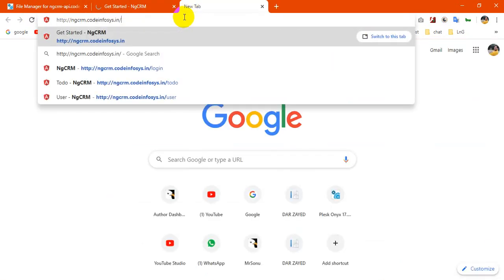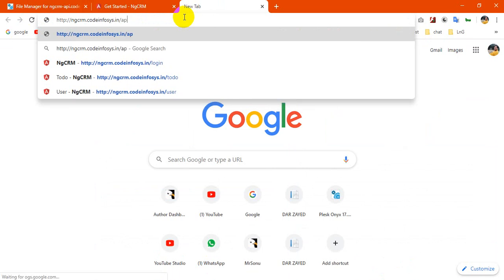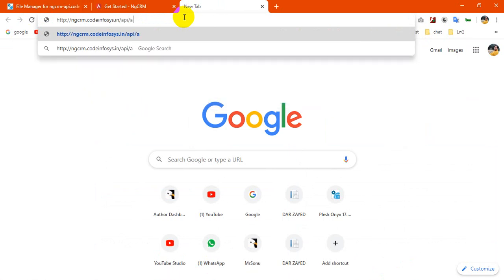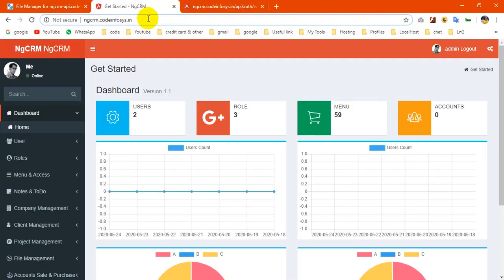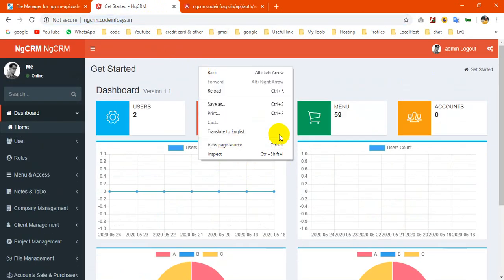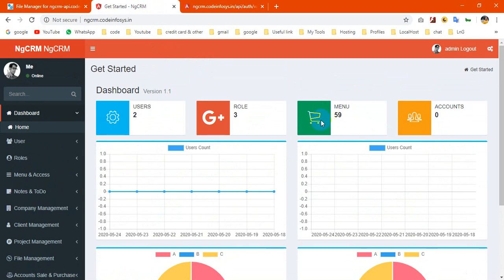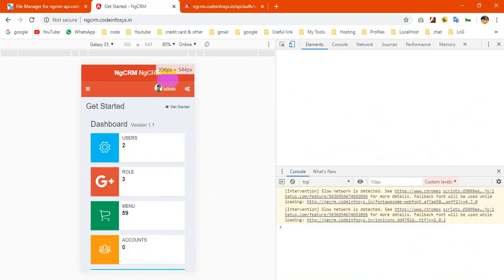We will see my API running, like API slash auth slash values. You see our web UI is also working here, and the API is also working on the same side.